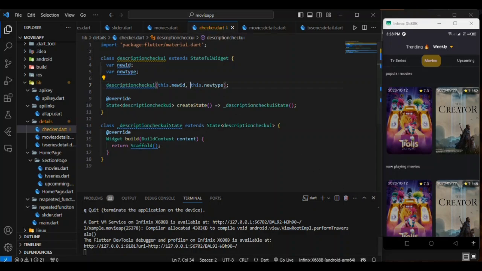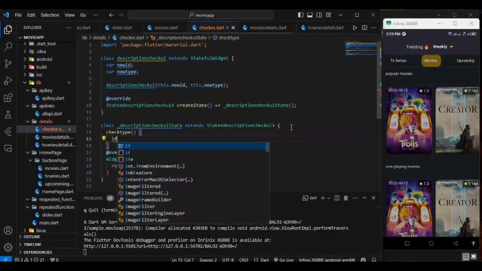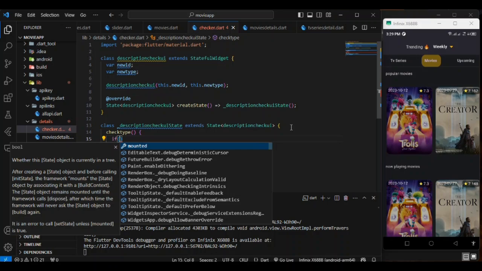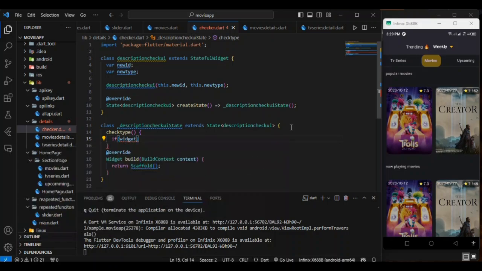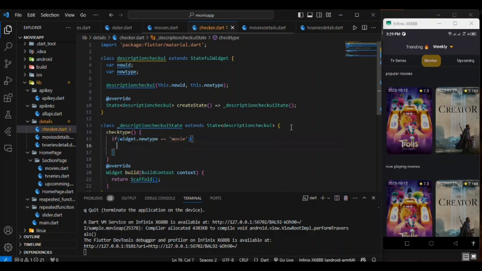Okay, perfect. Okay, let me quickly create a simple function, check type, and check if widget dot new type equal movie, then return